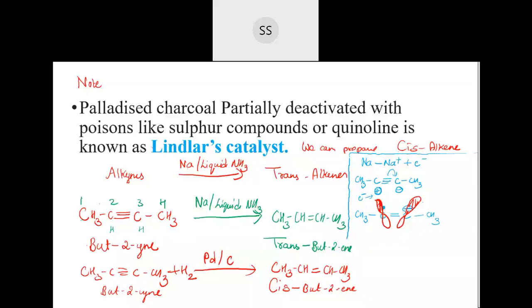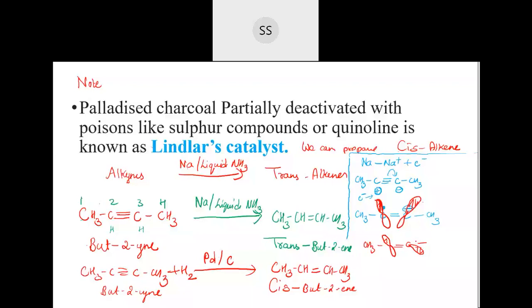When there is a pair of electrons, they occupy positions in such a way that there is maximum distance and minimum repulsion. So you can't put two electron pairs on the same position. They try to shift themselves to occupy the maximum distance. So this CH3, one orbital will remain here in this way, then you have the double bond. This orbital will be on the other side, this electron will shift to the other side just for maximum distance. The other one will shift on this side. I've just shifted this to the other side. That's it. So that maximum distance is there between them.